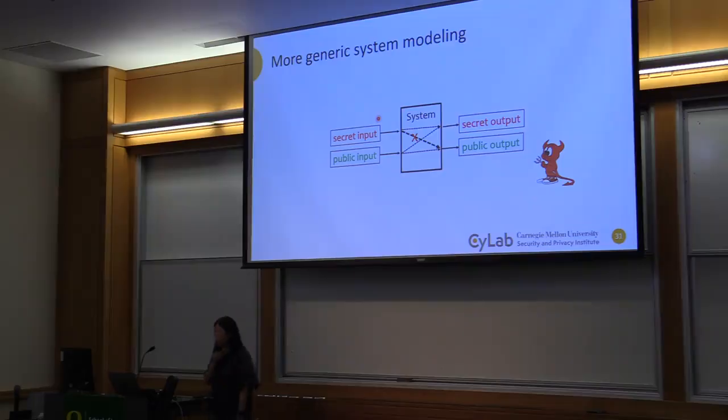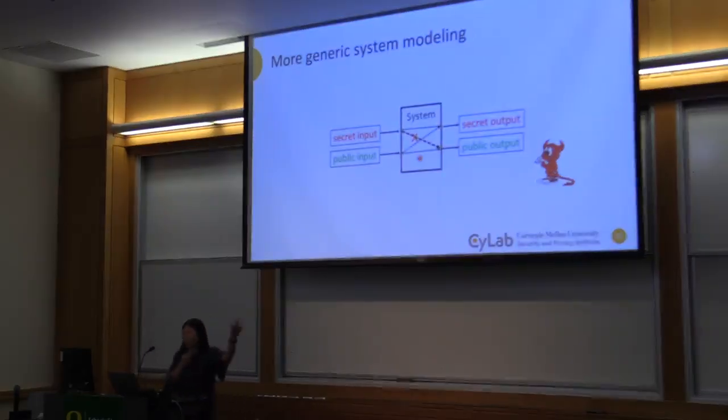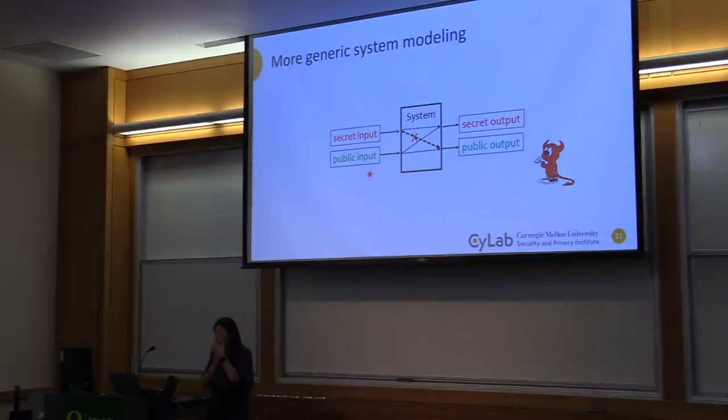We'll get rid of this object. Subject is access control lingo. So instead, we'll have a system. This can be a program, can be your access control system, doesn't matter. But generically, we'll have a system that computes upon the inputs and produces outputs. So here, let's just assume I have just secrecy, with two labels. Obviously, you can have different